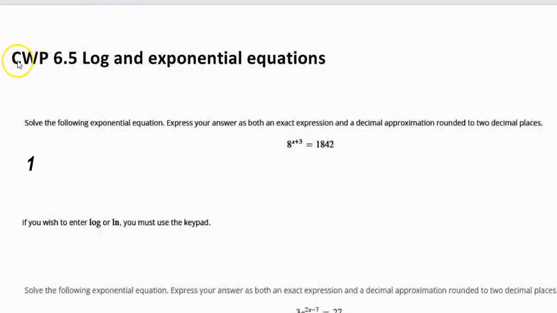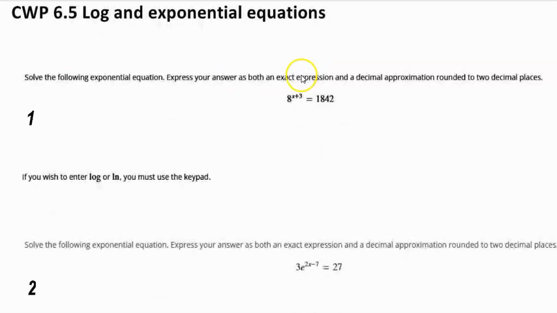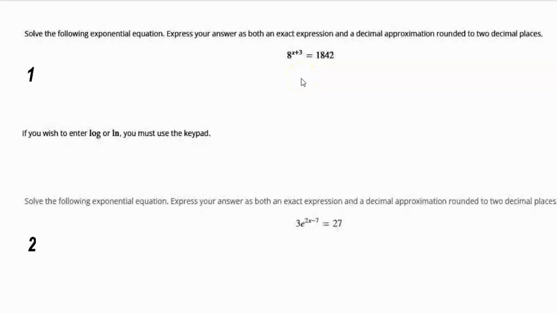As we go on looking at the classwork practice for 6.5, logs and exponential equations, read it carefully and then think of what tools we have so that we can solve this. Well, this is an exponential form. Both sides, in a sense, we're going to convert to, let's say, natural logs. You could also use common logs, but so natural log